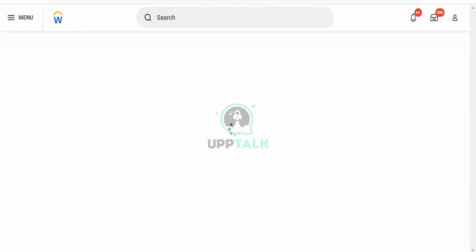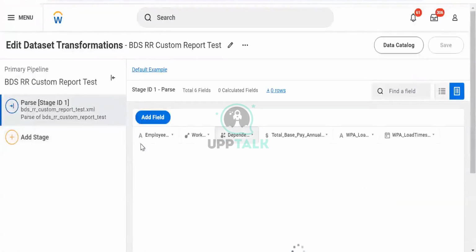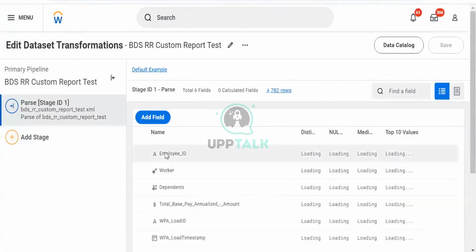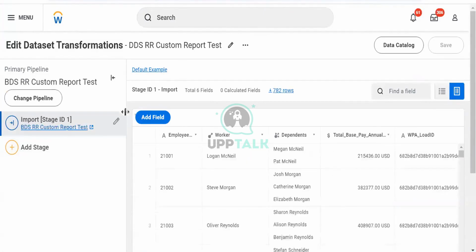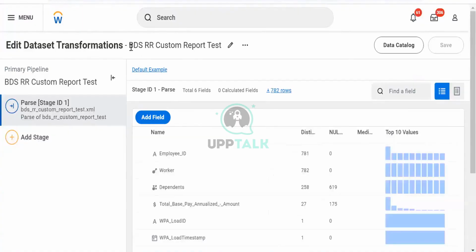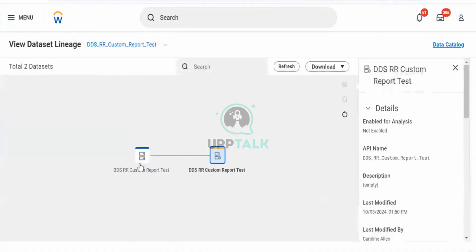Now, what we will do is, what fields are there? Employee worker, dependents, and all the columns are there. But in this column, also all the details are there. But when I, let's say, remove dependent here in the base data set, here what happened is, based on it, this base data set